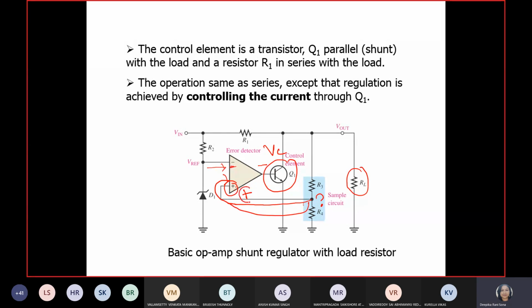So because this part is positive, this will balance out any negative effect in the output of the op-amp, so that this will control the collector current, and so the voltage VC will always be regulated, and so the output voltage. This is the concept of the shunt regulator. Irrespective of the change in the input, because of the VC, it will be a regulated one. Okay, this is the concept about the shunt regulator.